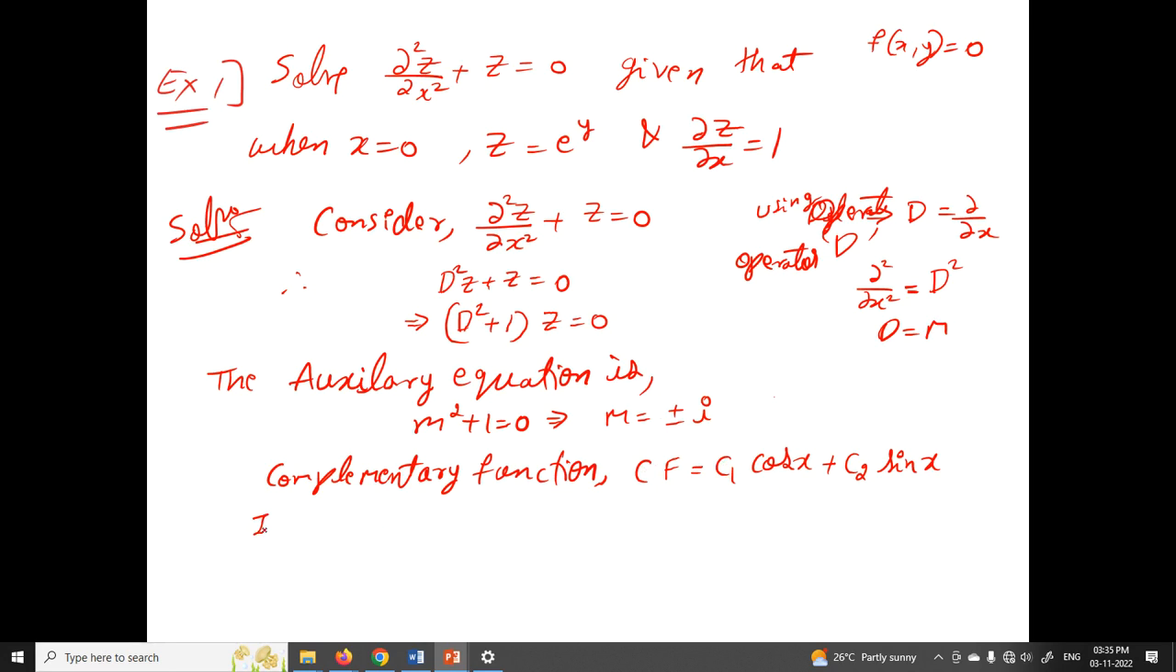Remember, in general, if in such equations you get roots in terms of alpha plus or minus i beta, you may get, in this case we have got alpha equal to 0, but in general if you get alpha ± iβ, then what will be the complementary function? That is very, very important. The complementary function, you should remember,